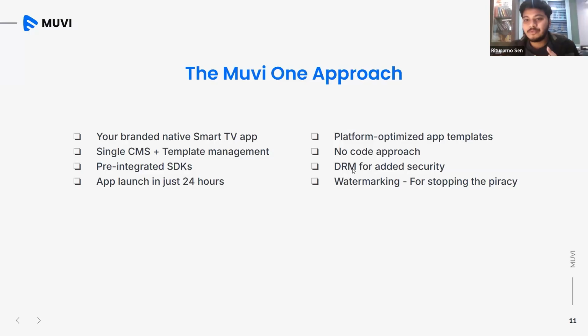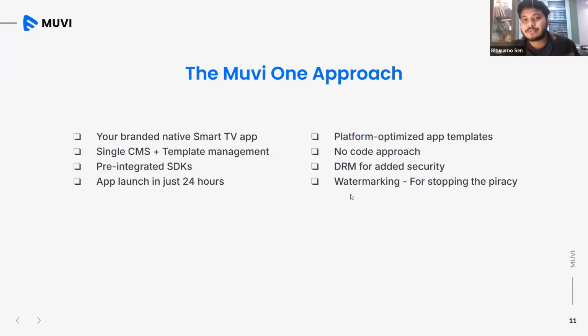So at Muvi One, we take our customers' privacy and the security of the content very seriously. The next point, watermarking, is similar. DRM is integrated, now what? How are you going to counter screen recording? If you're building something for the big screen, it's easy to just do a screen record.